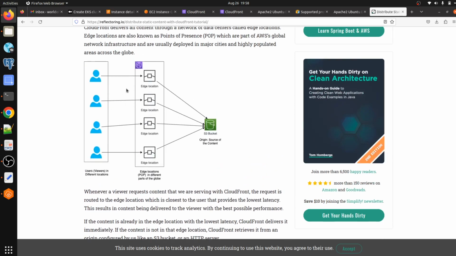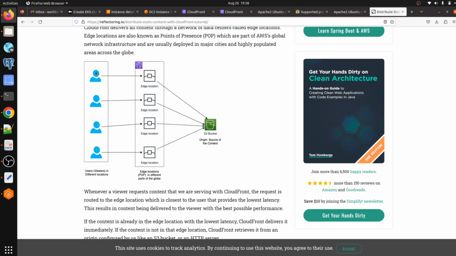So suppose there are a lot of users from different locations, and this one is our edge location, edge location, edge location. Okay, so edge locations, POPs, are in different parts of the globe. And they all are trying to access the same thing from the S3 bucket, that is our origin server. So what CloudFront will do, CloudFront will create edge locations according to the user location.